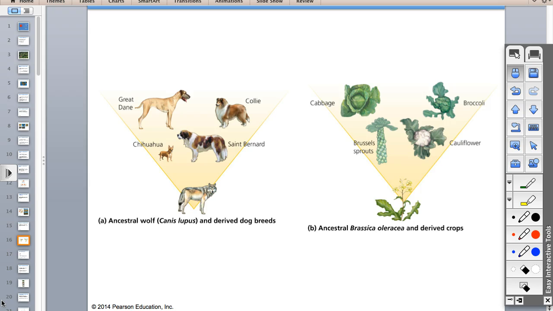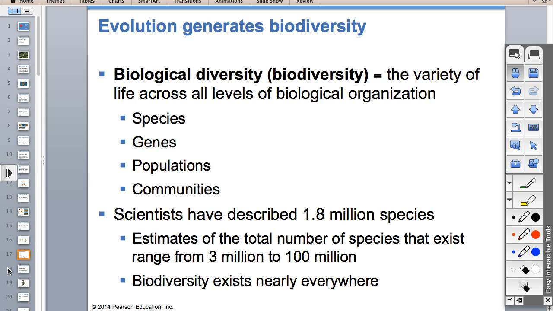And do you guys know that broccoli, cauliflower, Brussels sprouts, they all come from this brassica plant? And so people on purpose created all of these vegetables for you to have to eat from crossbreeding, traditional crossbreeding. So you can see that just in hundreds of years, not over millions of years, or billions really, with evolution. In a few hundred years, we have taken and made wolves, and we've made broccoli and cauliflower, and they all came from this, it's a different picture, but they're not the same. But we made all these cruciferous vegetables. There's your SAT word of the day, cruciferous, okay, from the brassica plant. And so humans have done this artificial selection.